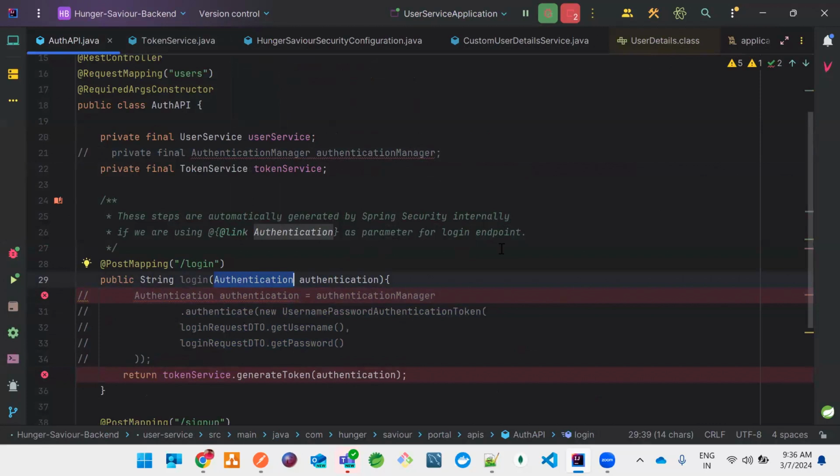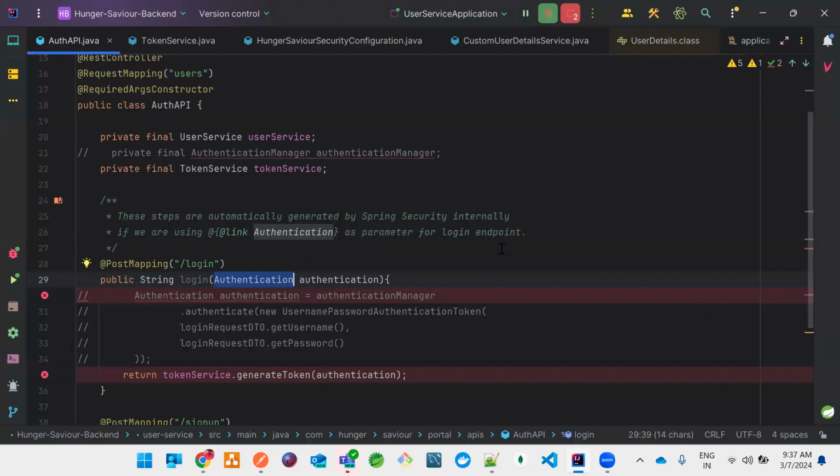But if I just shared the shortcut the first time, then probably you would not be able to understand anything. Got it? So that's the reason I wanted to discuss this also, so that you will be aware of what is happening internally. Just keep in mind that when you are working with Spring Security, especially the Spring Security 6.x version, the only thing you need to keep in your mind is the